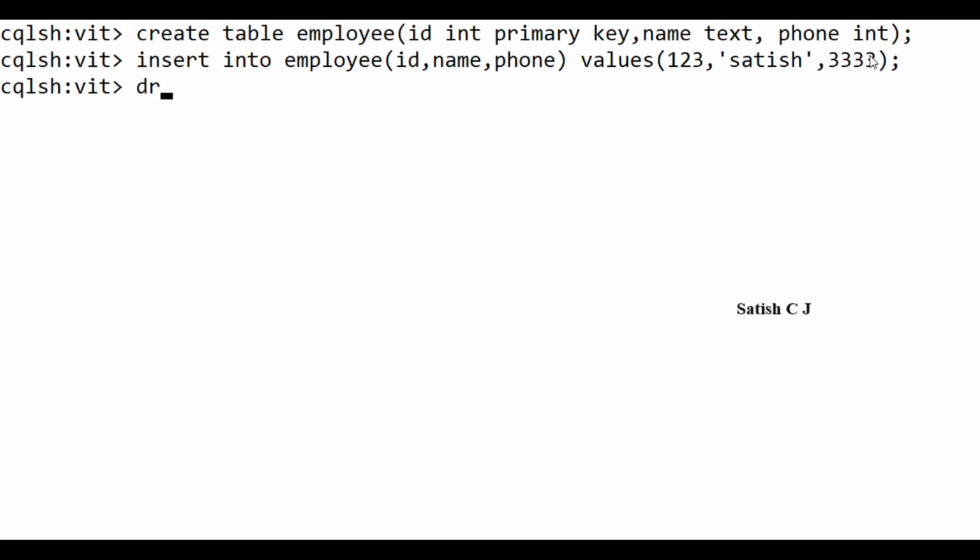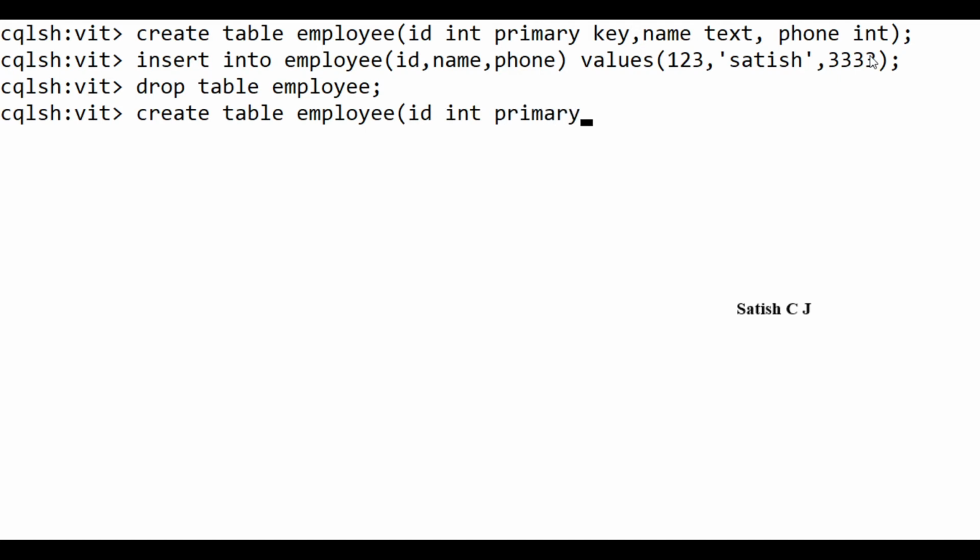So now let me drop this table, drop table employee. Let me make this phone number column a set now. So again, let me create table employee. I'll have ID integer as the primary key, name of type text, and here phone numbers, I'm saying phone numbers are a set of integers. So that's how you use the set data type here. That's it. So we have now created a table wherein we can hold a phone number that is nothing but a set. So what do you mean by a set? It can hold multiple values for this particular field.